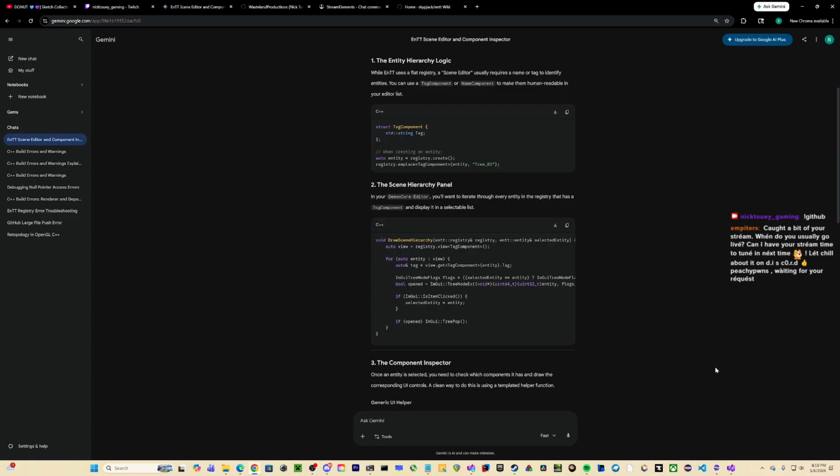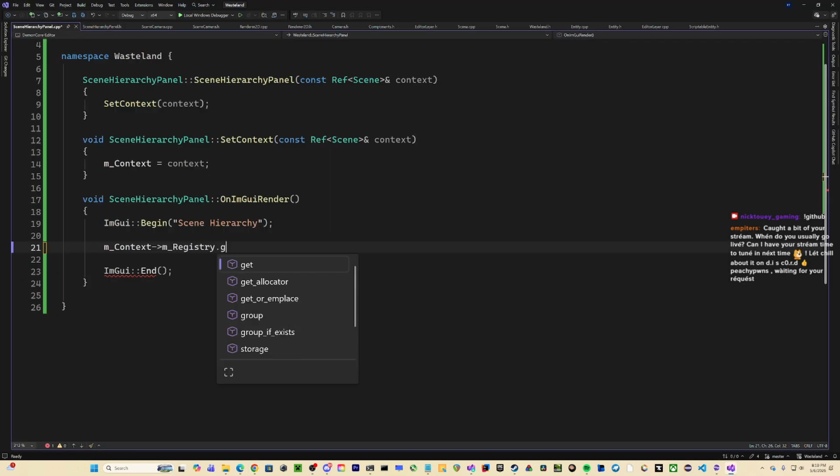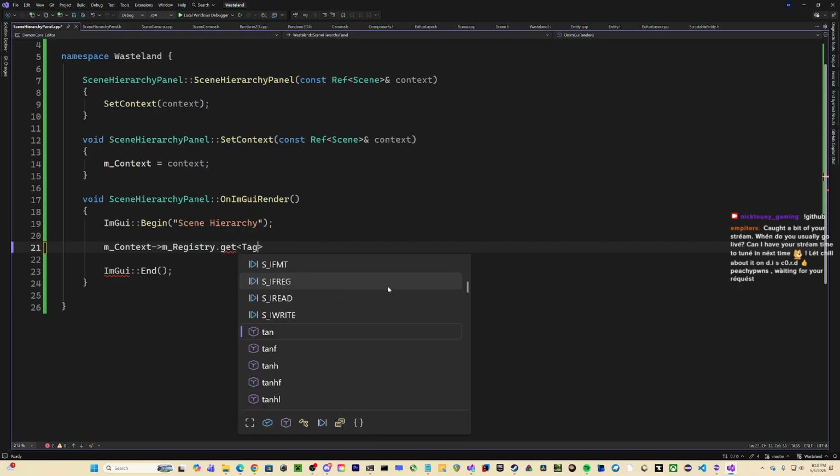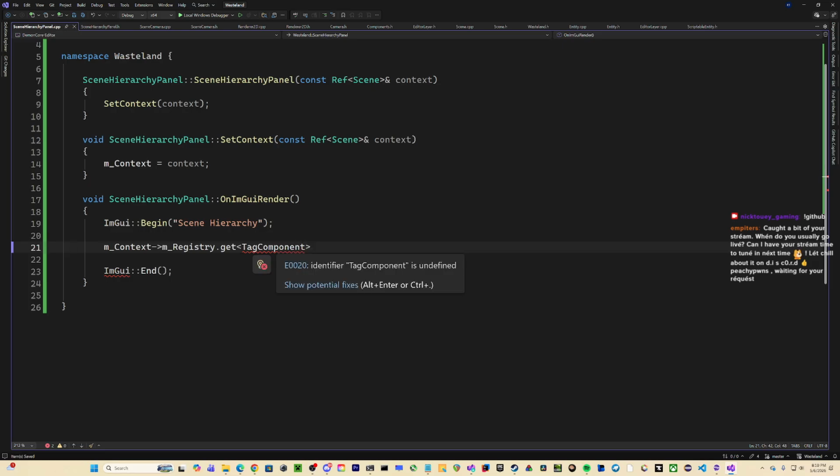Get. Yeah, I'm gonna try to do this. So just do get and then tag component. I should probably get